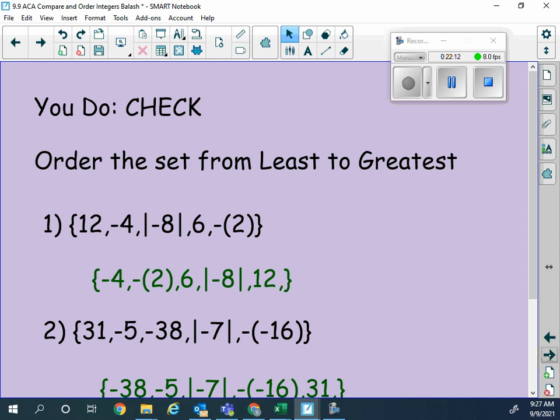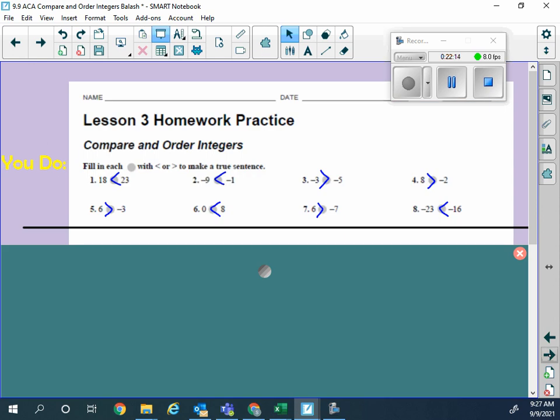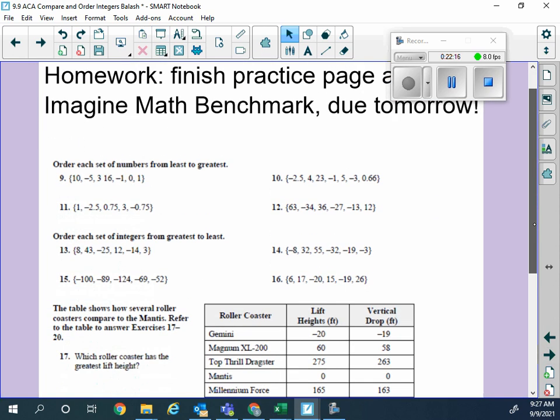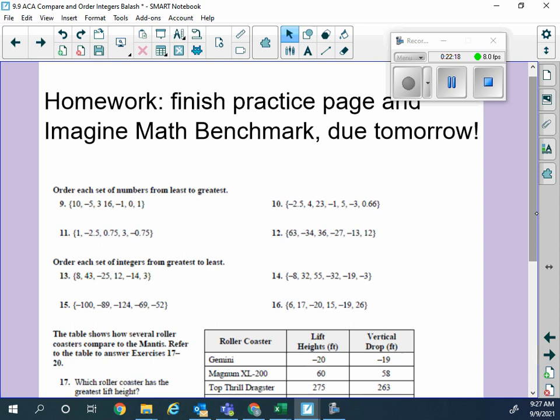The dots is what I, okay, guys, so if we're good, the rest of this page is your homework and Imagine Math Benchmark. So right now, you can work on either one of those things. We still have like 15 minutes left of class, which is quite a bit, and we don't get it all that